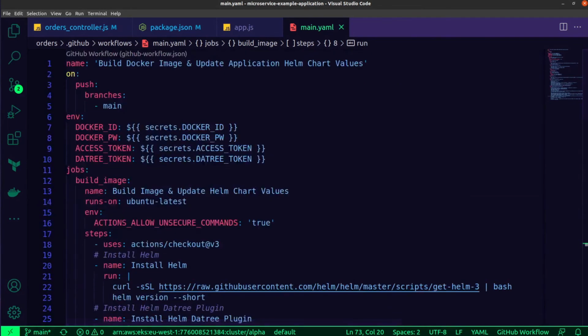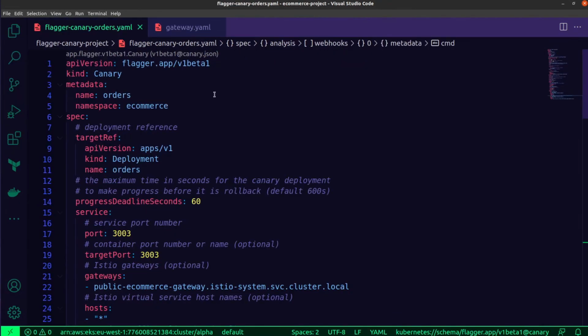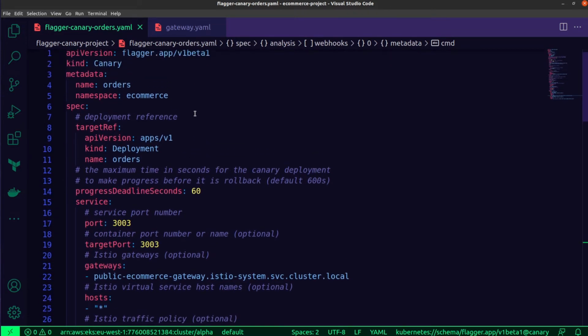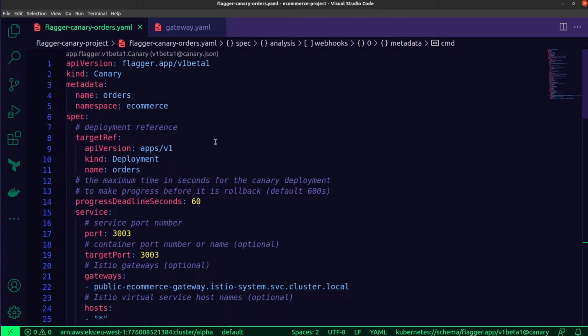All right, so next up, another important piece that I'd like you to see, this is probably the crux of everything, and that is the Flagger custom resource definition that drives how the canary release is actually going to work. As you can see, the name of this property is orders, and it is deployed to the e-commerce namespace. And very important over here, under the spec, we need to reference the specific deployment that we're targeting. And as the property states over here, target reference, and that is the orders deployment,